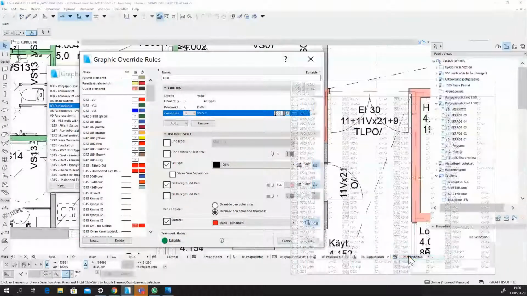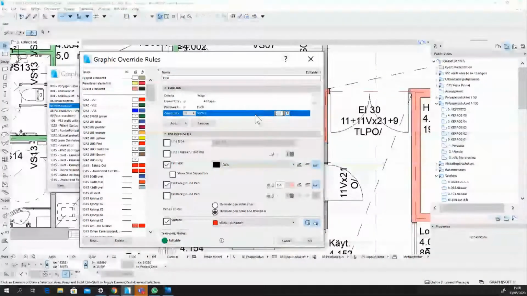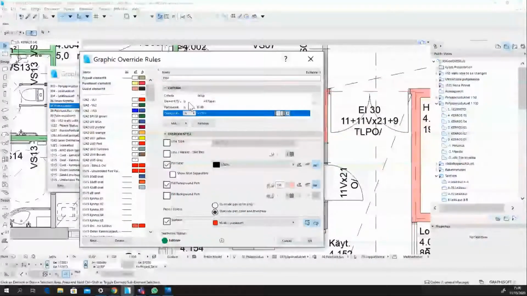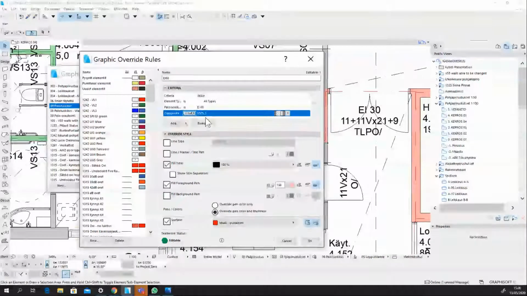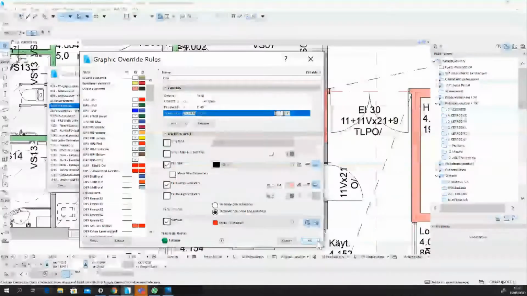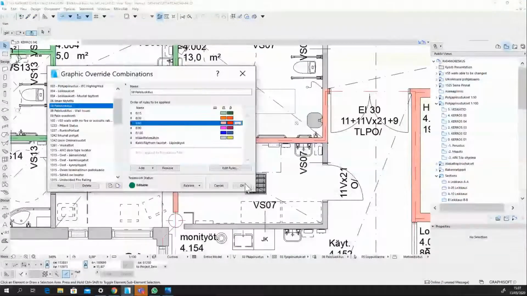VS5 5.1 is a 60-minute fire rated wall. So if we say, right, we want everything that's designated as EI60, because we could have set the property correctly, but we might have the wrong wall, and it's VS 5.1. So now what it will do is it will highlight